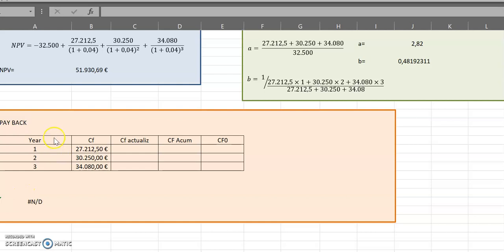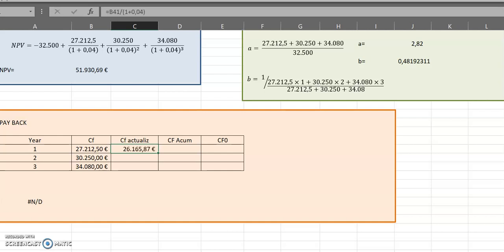So in the chart, we have 3 years because that's going to be the investment length. And we have already placed the cash flows we calculated in the first video of this series. Now we're going to transfer the cash flow from year 1, 2, and 3 to year 0 in order to make them comparable to the initial outlay that is here in cash flow 0. Okay? So,